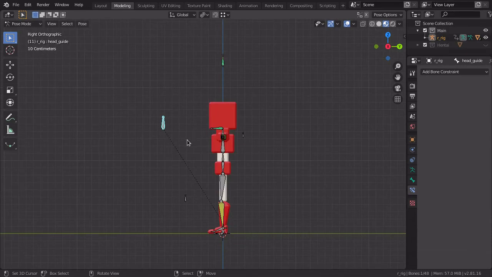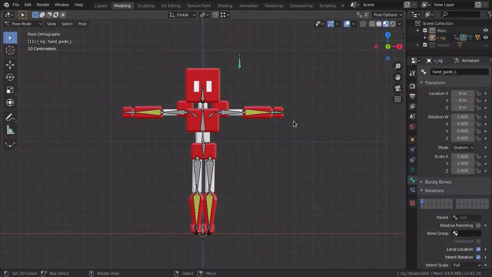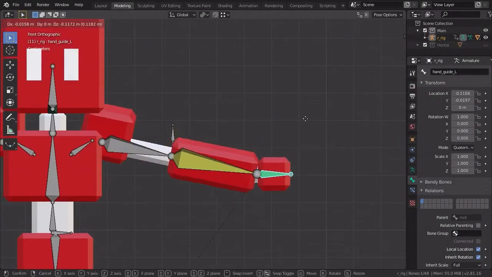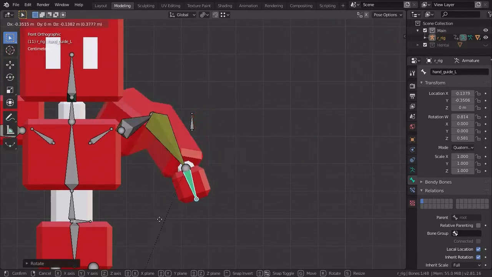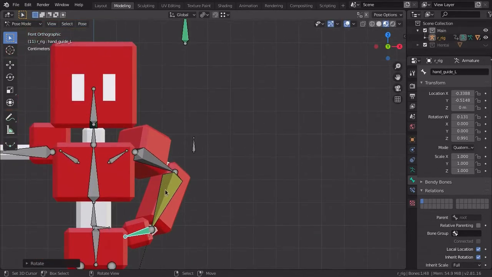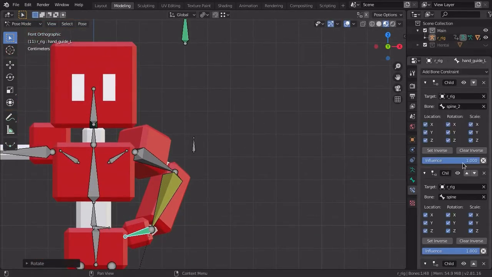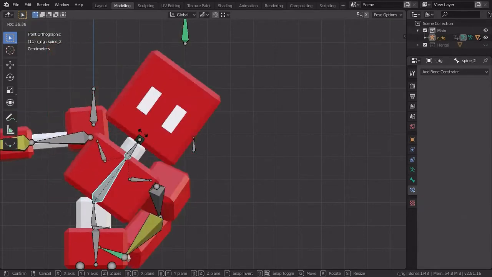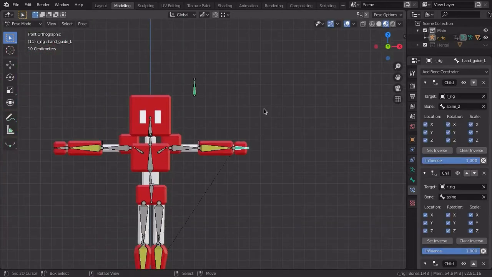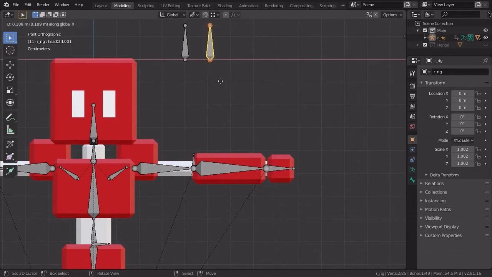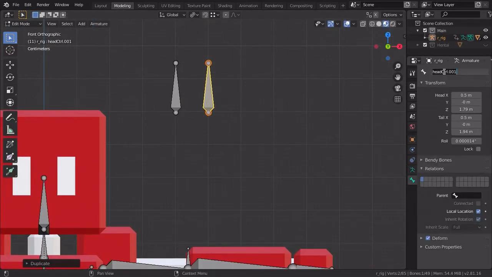So let's go to the arms. Now you're going to control the arms here, the parent of this bone here, so that when you move the hips, any of these bones here, it's going to control the parenting. In this section here, it's going to control the influence, which controls if it is parented to this bone or not. So we need a new bone again. Right click, duplicate it, and I'm just going to name it arm control. It can be control 1, and